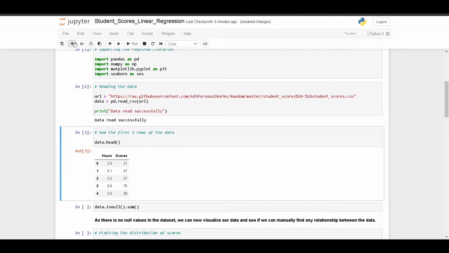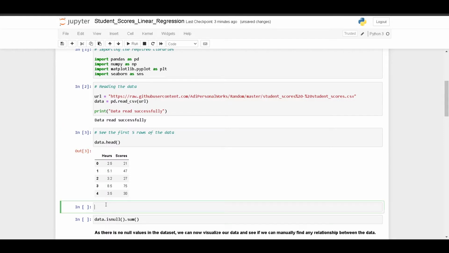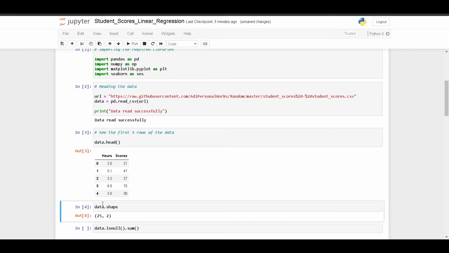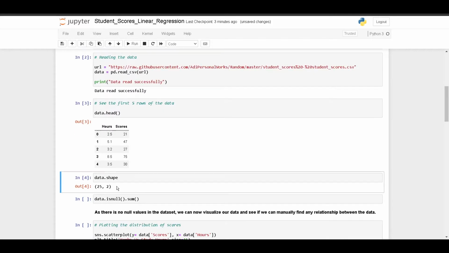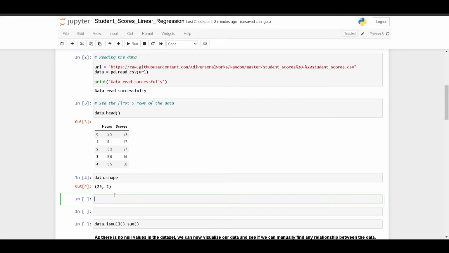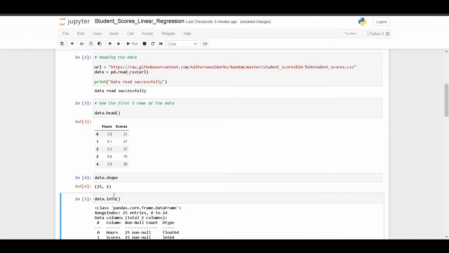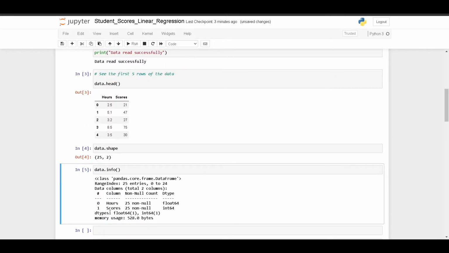Let me do one thing really quick. We can use .shape for seeing the dimensions of the dataset, that is, it has 25 rows and 2 columns. Also, we can look at some info regarding the dataset. So yeah, we can see that it has 2 columns, hours and scores.